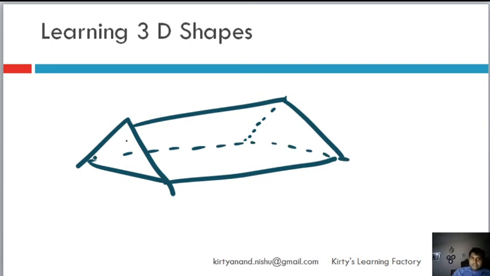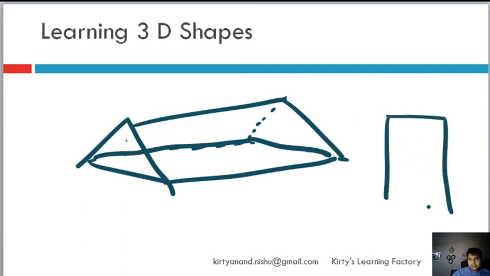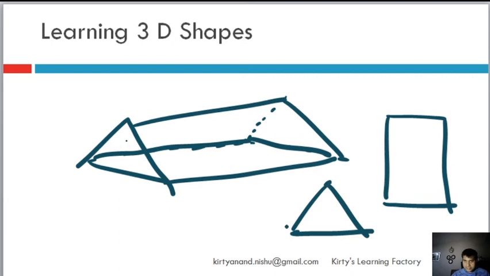So what is this? This will basically be a rectangle if you see it from the top. If you see it from this side, it will only look like a triangle, because the back triangle and this triangle are equal. So if I am looking from this side, I will only be able to see this. And this is the view from the side where I am able to see this, right? So that's how you will see it.